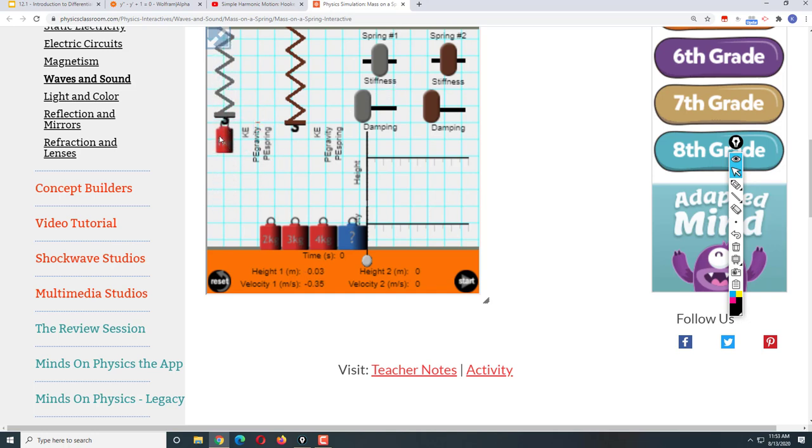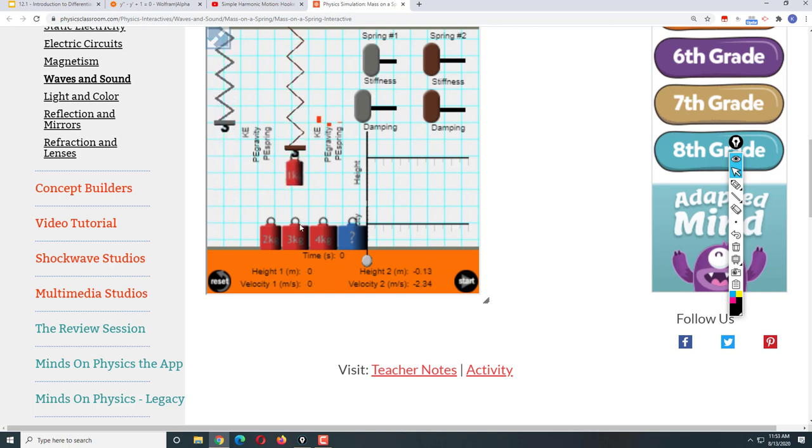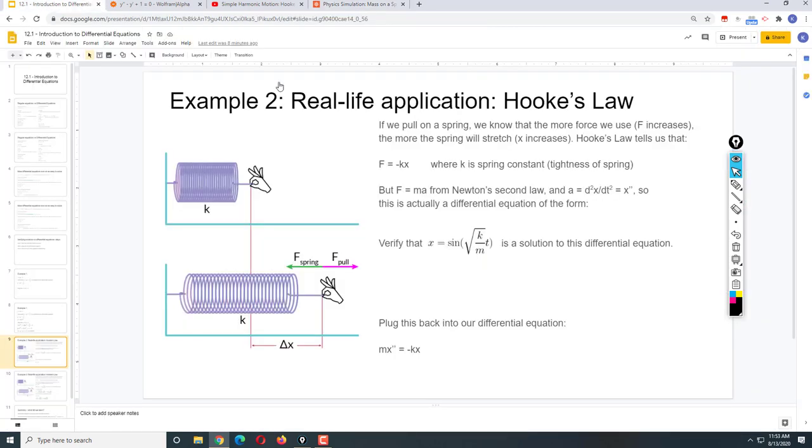If we take a first spring and it's not very stiff, then we know that it's going to go up and down a lot. If we take a second spring and make it very stiff, and we know it's going to go up and down like this. The stiffness of the spring we call K,